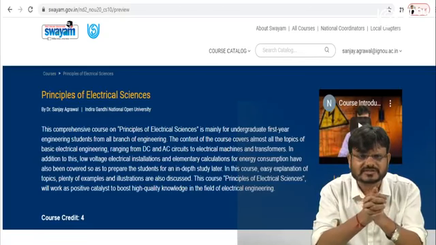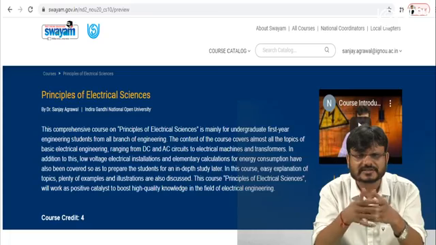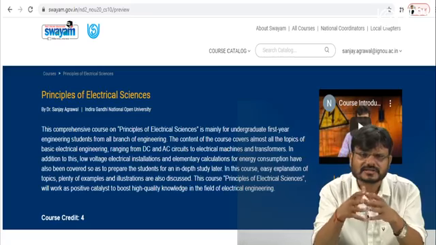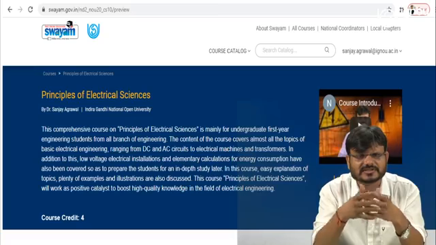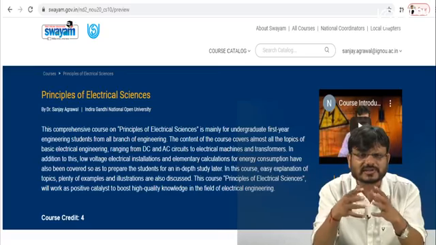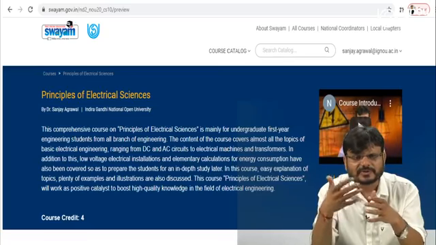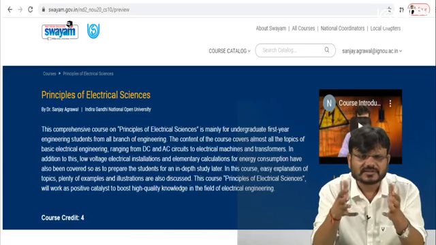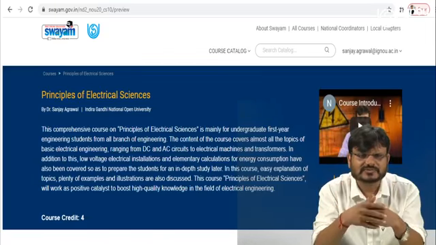Dear learner, in this particular session we have discussed the different types of power losses, basically iron losses and copper losses, and that iron losses are the eddy current losses and hysteresis losses. Then we discussed how to find the efficiency of the transformer, which is output upon input. Then we were able to find the condition for maximum efficiency. That means we get the maximum efficiency of the transformer when iron losses are equal to the copper losses.